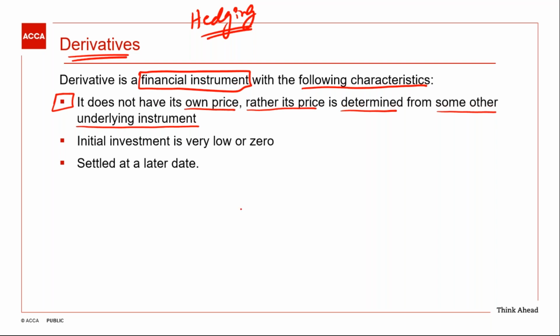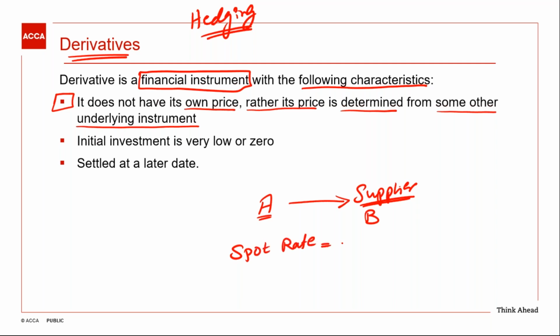Now let me give you an example. Let's suppose I'm an entity A and my business is to import laptops and sell them locally. But I have a risk. What if the price of the laptops increases in the international market? If the market value increases, I will have to pay an additional amount. So I call my supplier, B, and I say,